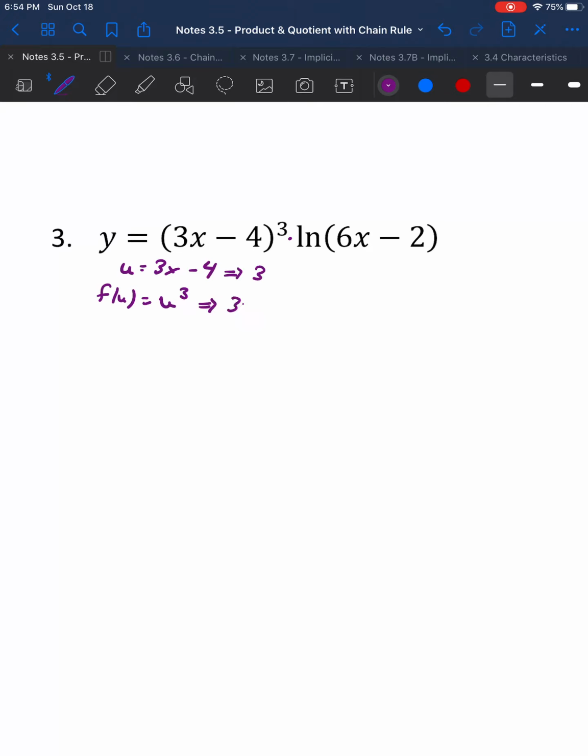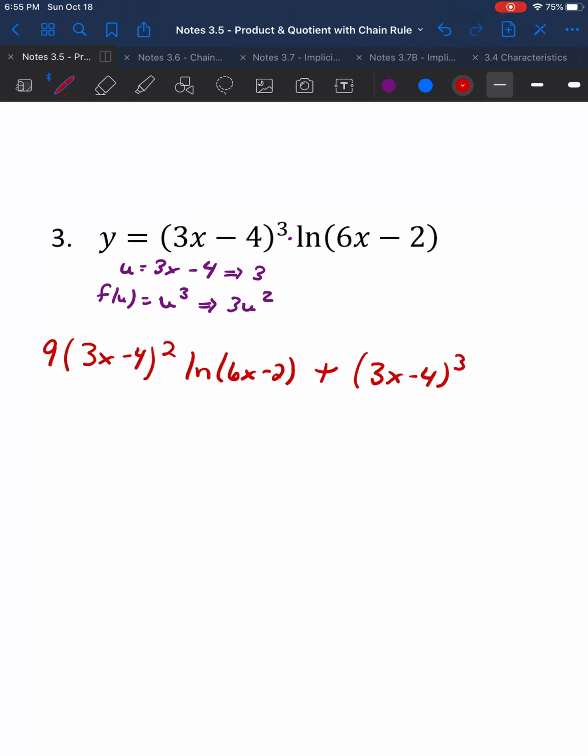All right, again, it's a product rule with chains. So derivative of the first, I'm going to have to pick a u and an f(u). And I'm going to take the derivative of each of those. Okay, I have to multiply that back together. So I've got 9u squared, that'd be 3x minus 4. So that's the derivative of the first times, keep the second, plus, keep the first,